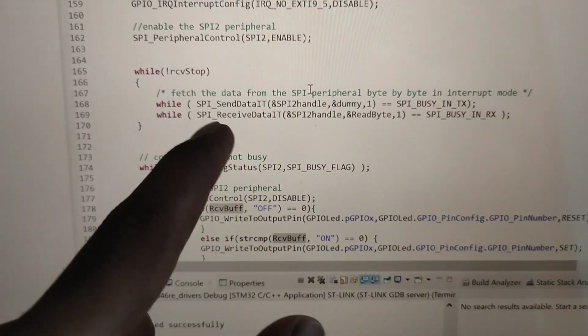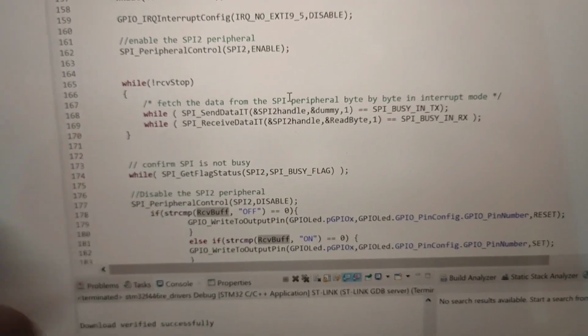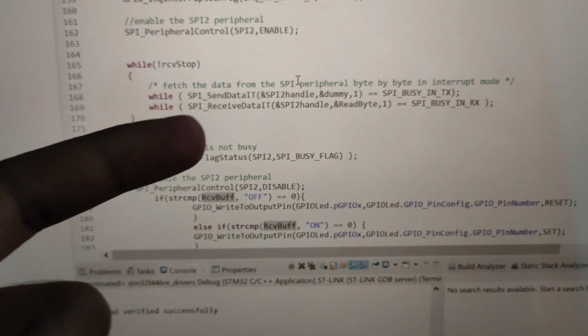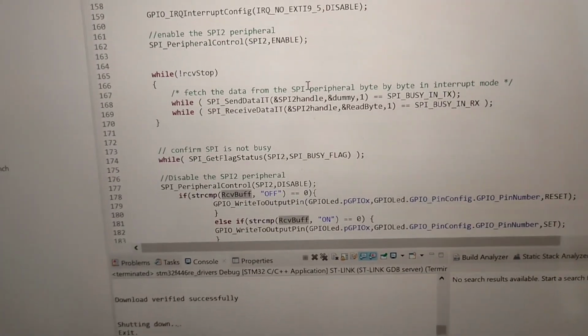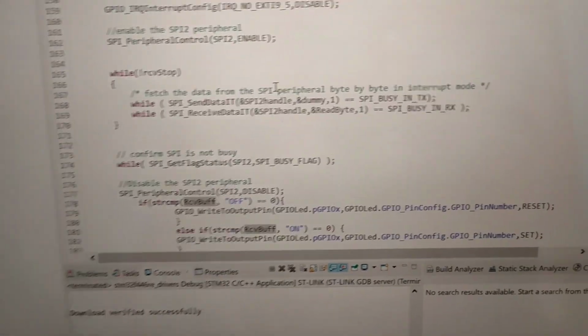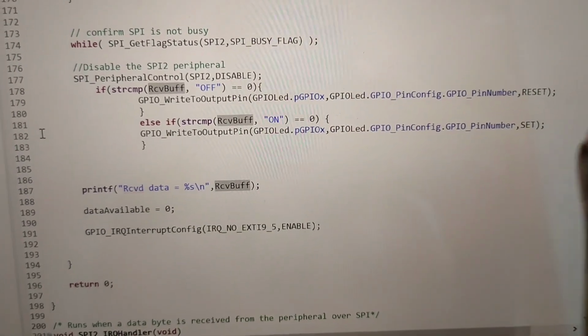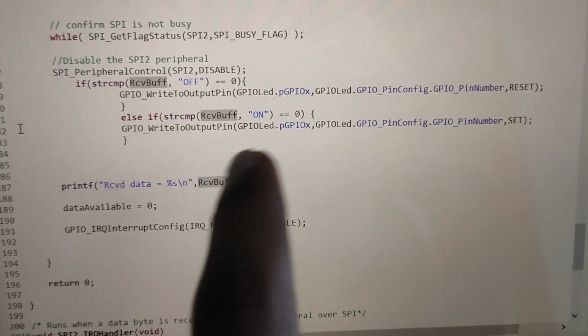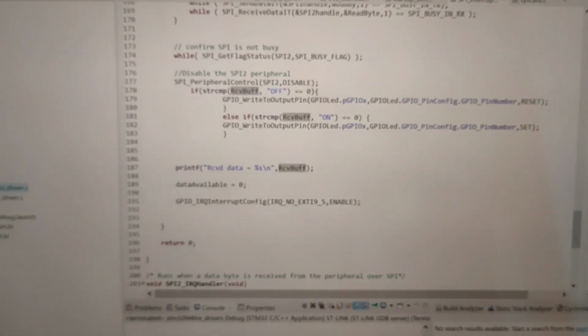We are using interrupt-based send and receive. I'll be sending dummy data here and receiving the real value from the Arduino board, byte by byte, and after everything completes, we just check whether the received buffer is off or on. If the received buffer is off, then I'll just reset the LED, and if it is on, I'll set the LED. This was the explanation of the source code, and I have developed the SPI driver.c file with all